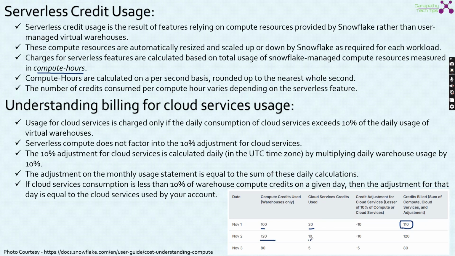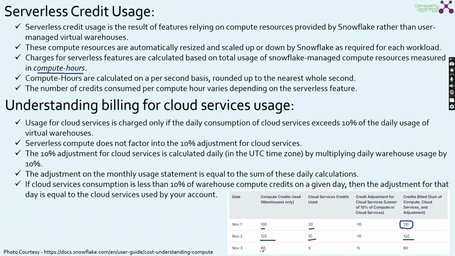Similar, 120 and 10, here you can see that, right? So the total warehouse credits is 120, but the cloud services used is only 10. So 10 percent of 120 is 12, which is greater than 10. So there is no charge for the cloud services layer, only the charge for the virtual warehouse, which is the 120,